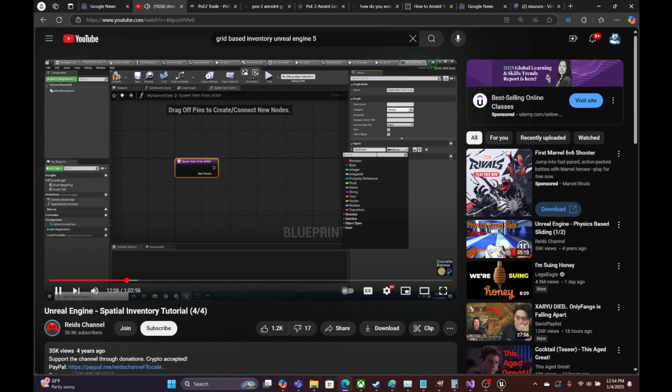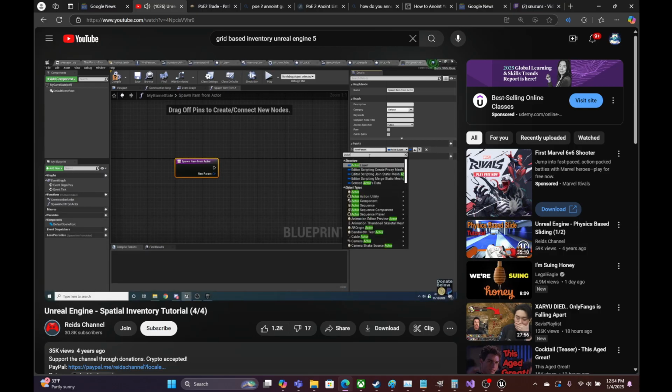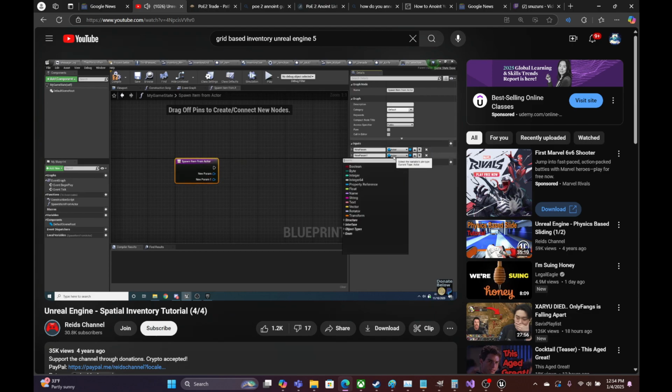Add an actor, and we will set the type to actor, object reference. And we will also add the item that we're trying to drop. So we'll say item object. This will be the item directly available on the component. I'm going to rearrange these, and this one should be called actor. I thought I already named it, but